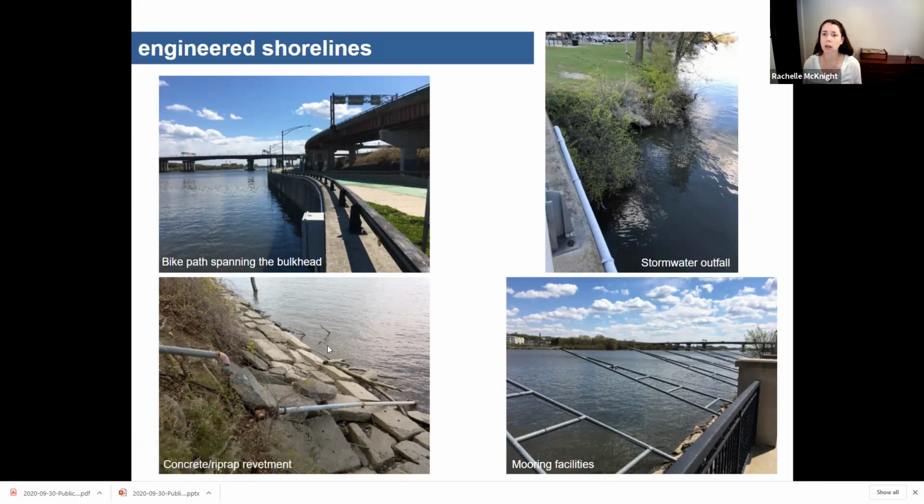And then, just to talk a little bit about other types of engineered shoreline stabilization, there's quite a bit of what we would call revetment. It's kind of a mix of revetment and riprap. It's old concrete blocks that were used to stabilize the shore probably quite a while ago. You've also got, just in terms of engineering along the shoreline, stormwater outfalls. That's where the combined sewer overflows happen, and different stormwater outfalls from the utility system go into the river. So these are generally hard structures that are containing pipes that have the outfalls into the river.